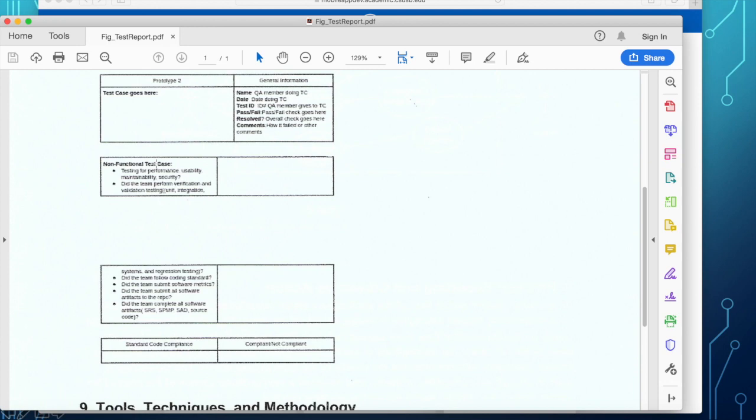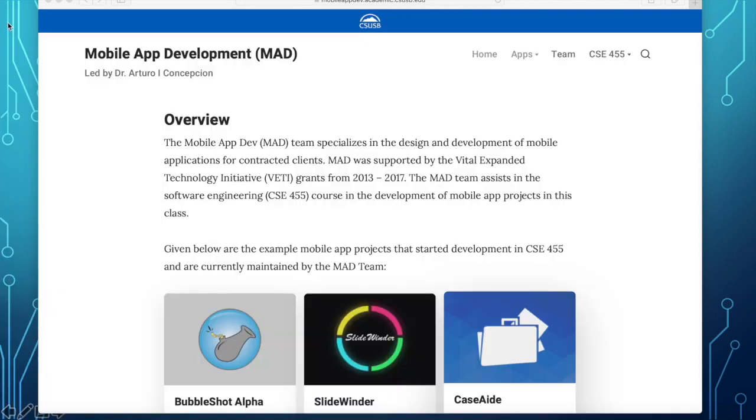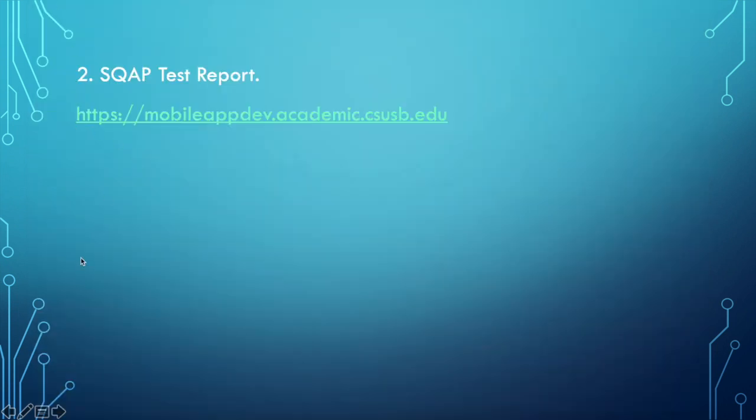Okay, so that's what they're going to do, and be prepared to help the QA team perform their testing. Okay, all right. Next is the